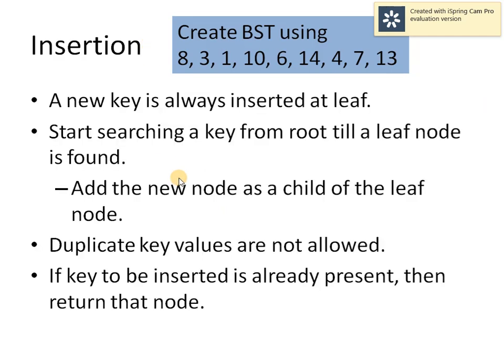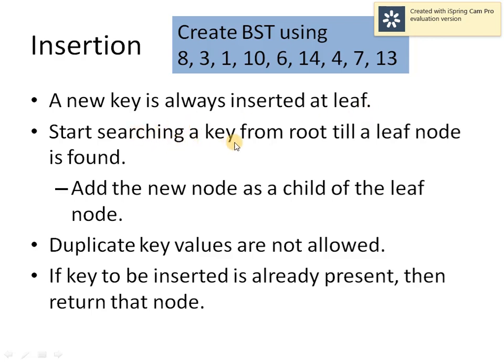Based on the observations which we just had while creating this binary search tree, we can say that a new key value is always inserted at a leaf. We have observed that we cannot insert a new element anywhere in the tree. We have to traverse the path from the root until we find the null pointer. The moment we find the null pointer, only then do we insert the new key value. That means a new key will always be inserted at the leaf node of a binary search tree.